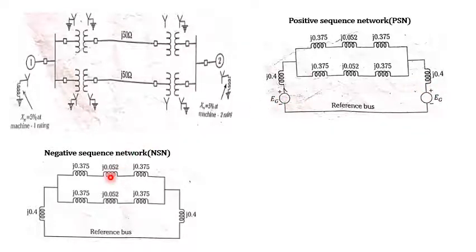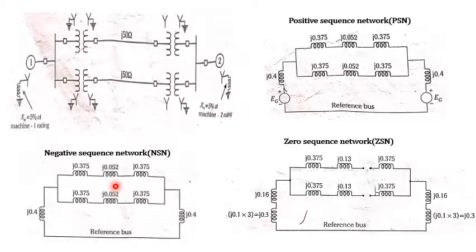Okay, so you can observe here the values are almost the same. Then, once we are drawing that zero sequence network, we have to be very careful. Here, look at the generator G1 having reactance, and not only that, it is grounded through a neutral reactance. So we have to add this value. What is this? This is nothing but 3 into Xn. Why is it 3? Because there is no phase difference between A, B and the C value, so it is 3 times this value.